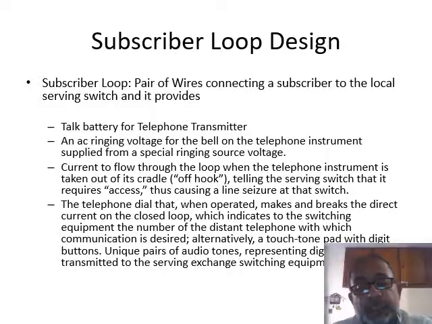This primary cable is connected to the primary side of that cabinet. There is a secondary side of the cabinet also. The secondary side and the primary side are connected through